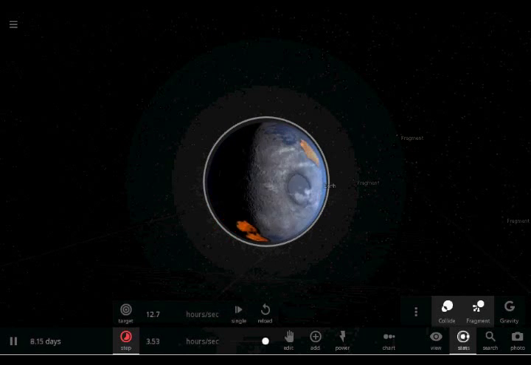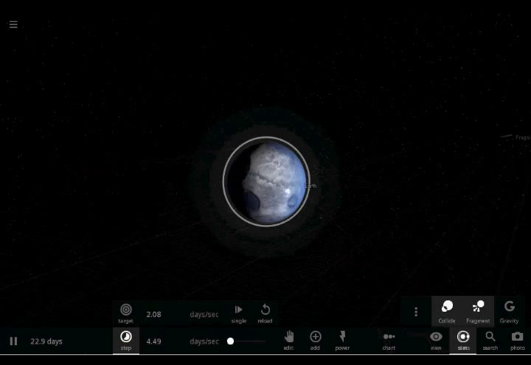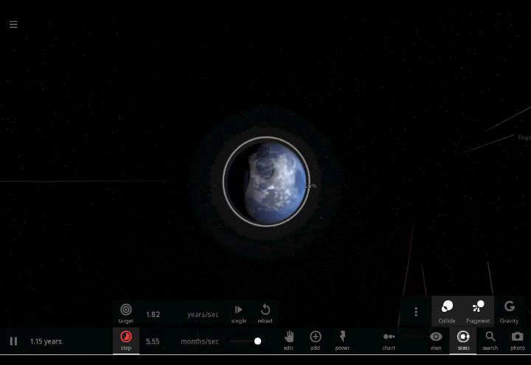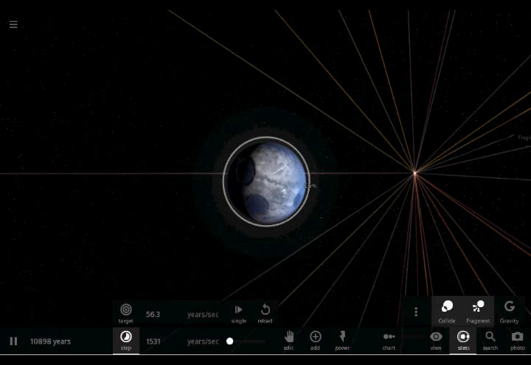Wait, how about I speed this up here just to see what happens? Yeah, the water appears to come back to Earth over time. Oh, okay, a fragment just flew by right there. Hang on a second. Let's speed this up a little bit, just to see what happens. Okay. I think I sped it up a little bit too much there, but...